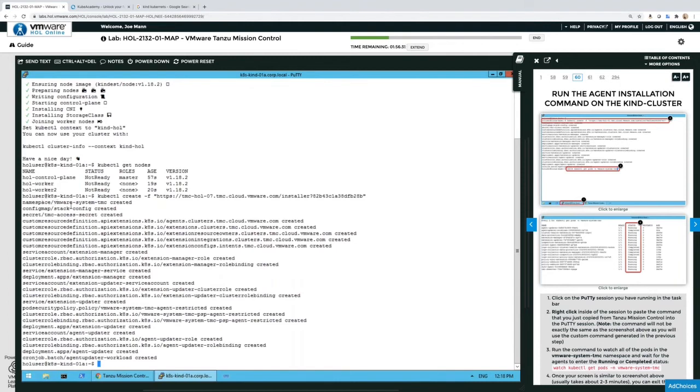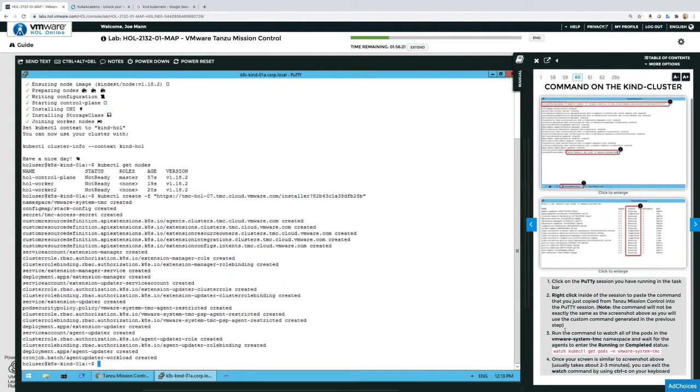So namespace, config map, some CRDs, custom resource definitions, some cluster roles and role bindings, some services and deployments. If we go down to the manual on step 3 over here, we can highlight this watch command, click and drag that over to the cluster, and we can actually watch the services and pods being deployed in the TMC system